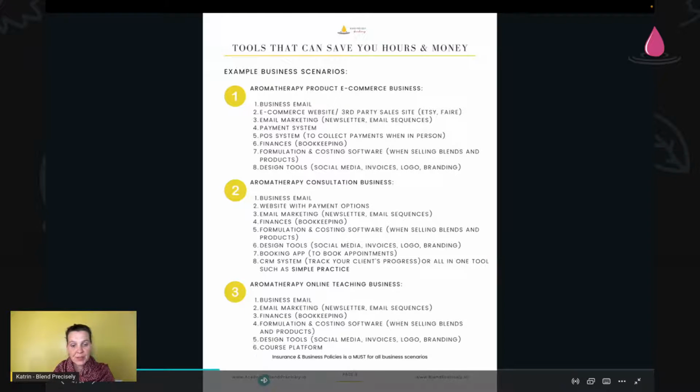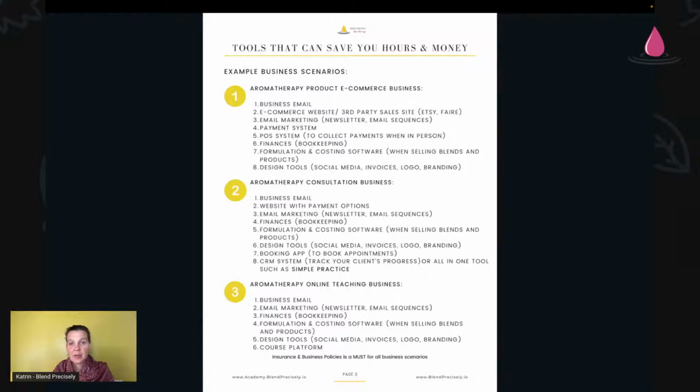In all cases, you do need insurance and your business policies placed, and you do want to make sure you have some kind of business structure. If it is a sole proprietor or an LLC, it doesn't really matter. In the beginning, I would always suggest an LLC to separate your private and business costs, but also so that in case something happens, your private finances are safe and nobody can go after them, which is not the case with a sole proprietor.